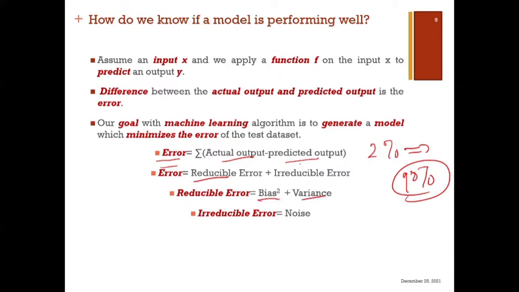Reducible error has to do with bias and variance. We can try to reduce the bias, we can try to reduce the variance. However, for irreducible error, we say it comes from the data. There's nothing you can do about it when you are modeling, except go back to the pre-processing stage and deal with your data. That's why, always remember this principle: let the data speak.